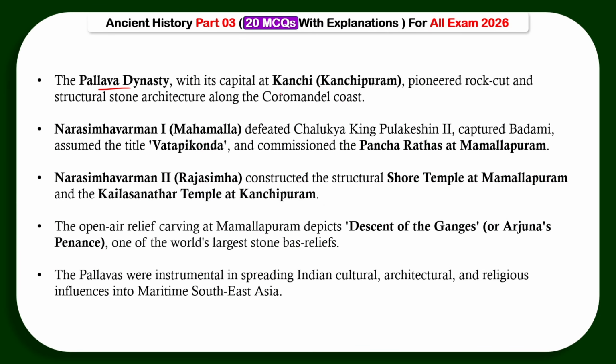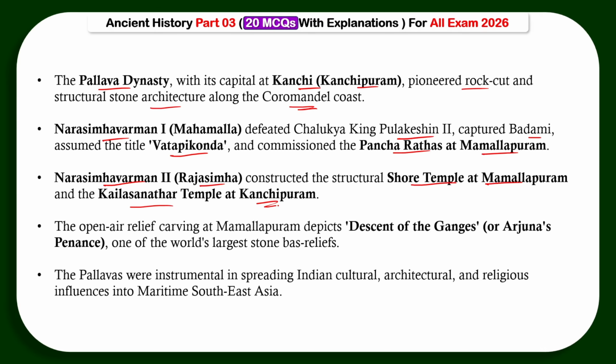Pallava dynasty, with its capital at Kanchipuram, pioneered rock-cut and structural stone architecture along the Coromandel coast. Narasimha Varman defeated Chalukya king Pulakesin II, captured Badami, assumed the title Vatapikonda, and commissioned the Pancha Rathas at Mamallapuram. Narasimha II, also known as Rajasimha, constructed the structural Shore Temple at Mamallapuram and the